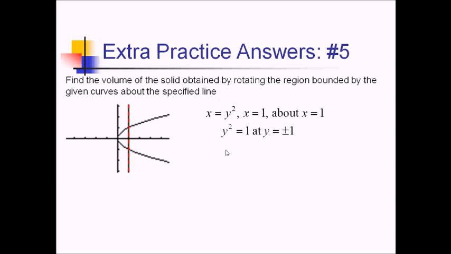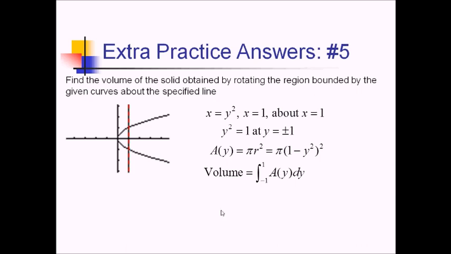So for my cross sections, because my axis of revolution is also one of the borders of this shaded region, I'm going to have disks as my cross section, so pancakes here. So I'm going to write A of y equals pi r squared, and then my radius is just the distance between my axis of revolution and this other boundary of my bounded region. In this case, that's just going to be 1 minus y squared, and that whole thing is being squared. For the actual volume, I have to take the integral from -1 to +1 of this A of y dy,